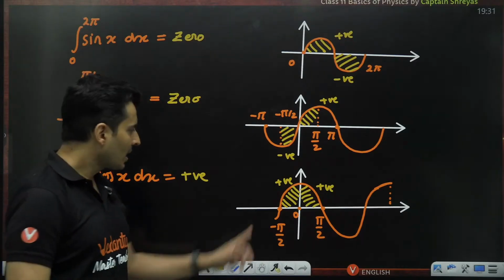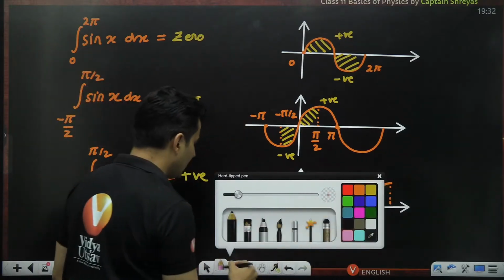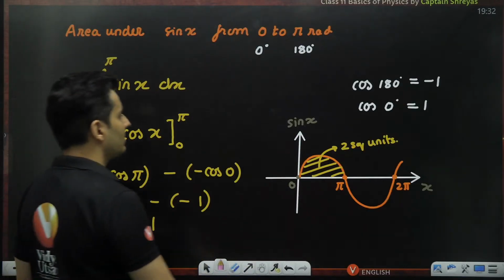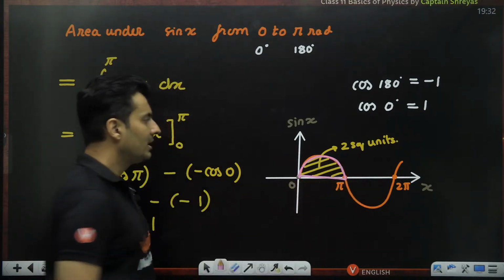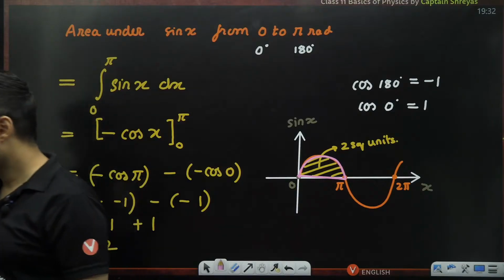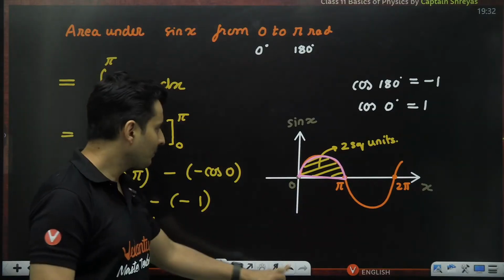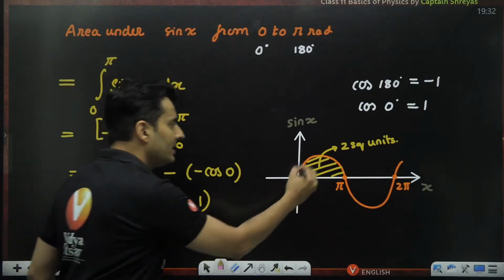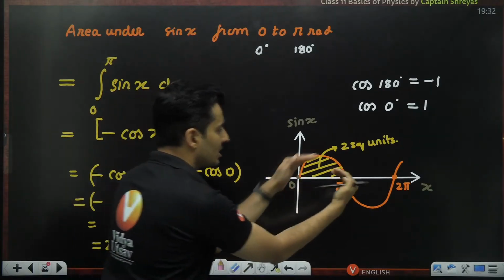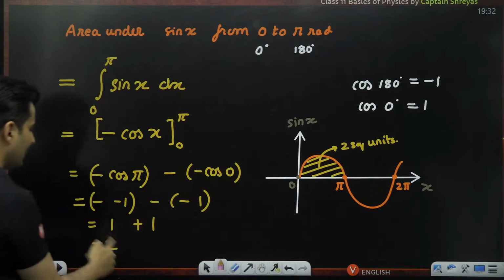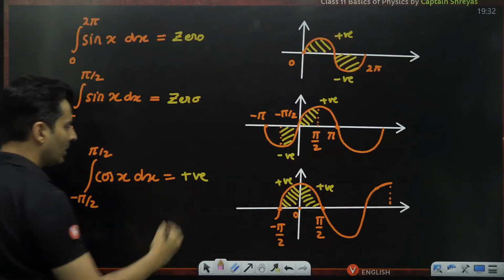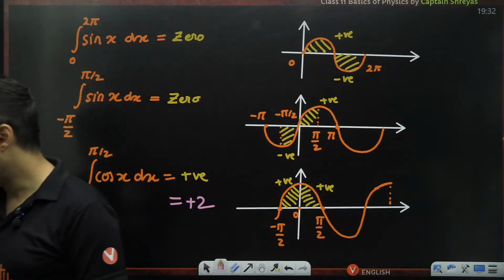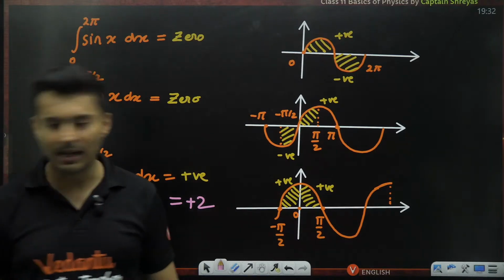But I'll tell you one thing. Don't you see this particular part resembles this particular part of the sine curve? Come on, put up the answer in the chat box. Yes or no? Can you see that, guys? Perfectly, this particular part exactly resembles this part of the sine curve. You can just shift it, just shift this dome over here. The answer for this area was 2. So 100% without even solving, I can say it will be plus 2. If you solve it also, you will get it as 2 only.